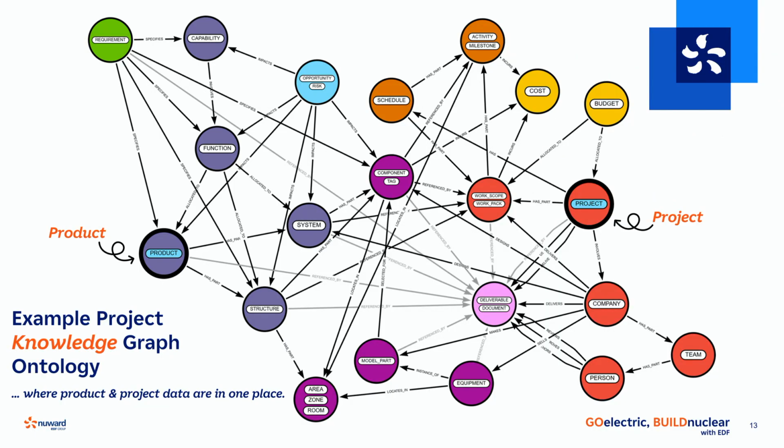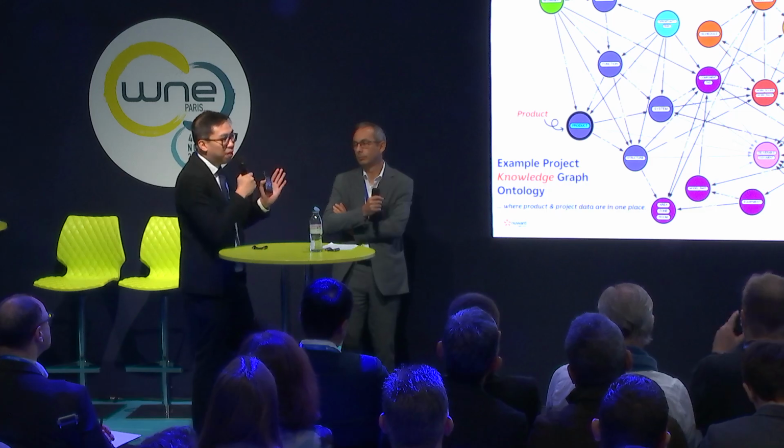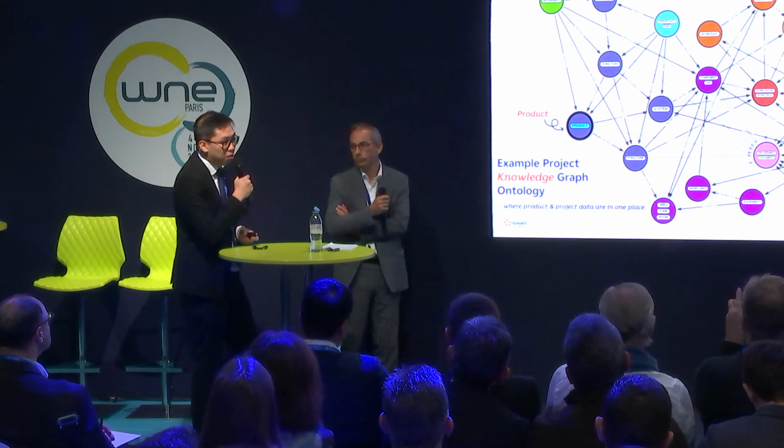This is a simplistic view of a graph. On the left-hand side, you can see that there's a lot of design information related to your product. And the right-hand side is project information related to schedule, cost, anything to do with your contracts. What we do here is establish all the relationships between different classes of information. All these different circles contain data, and there can be many circles. In a graph, you can go up to millions of data points, and they're all related to each other through a defined relationship defined in your ontology.